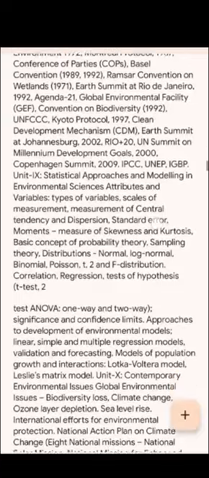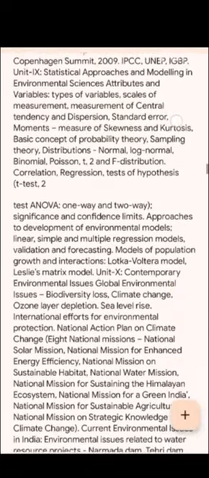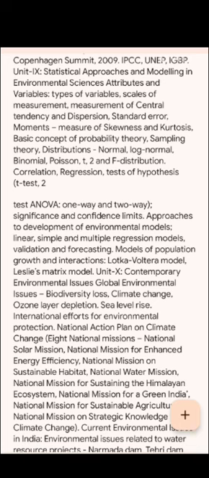Unit 9, Statistical Approaches and Modeling in Environmental Sciences. Attributes and Variables, Types of Variables, Scales of Measurement, Measures of Central Tendency and Dispersion. Standard Error, Moments, Measures of Skewness and Kurtosis, Basic Concept of Probability Theory, Sampling Theory, Distributions: Normal, Log Normal, Binomial,